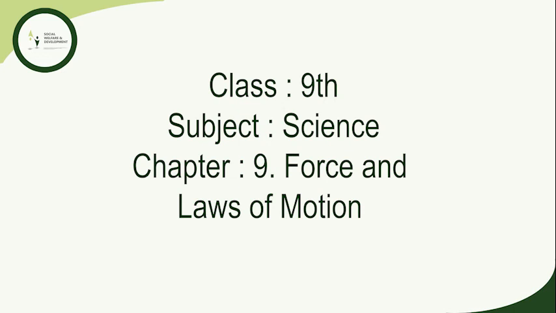According to the law of conservation of momentum, total momentum is conserved during the interaction, that is, 43 v will be equal to 200. After simplification we get v as 4.65 meters per second, that is, the girl on the cart would move with a velocity of 4.65 meters per second in the direction in which the girl jumped.